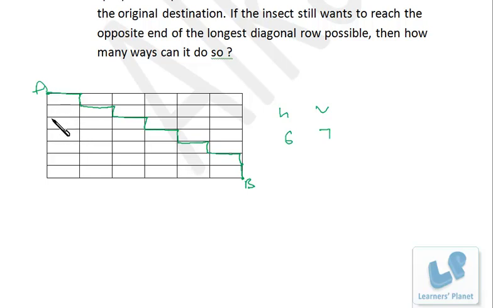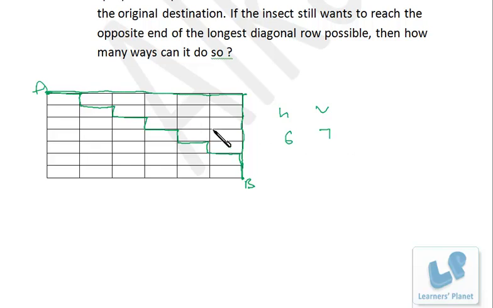Other ways also you can take this. So you are starting from this 1, 2, 3, 4, 5, 6, then 7, 8, 9, 10, 11, 12 and 13. So this is also the same number of steps. So in all, from A to B, there will be 13 steps. Now, but these 13 steps can be in various manners. Now, see, there will always be 6 horizontal steps and 7 vertical steps.